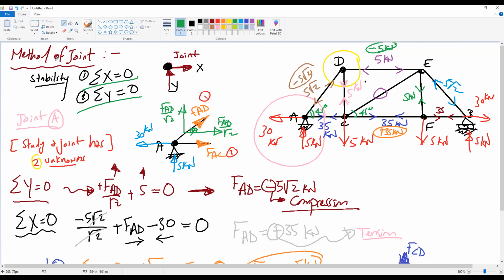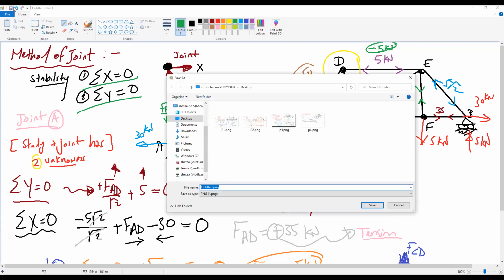Some trusses you can use method of joint to solve all the truss. Some trusses you need to do method of section in combination with method of joint. So it's up to you to use whatever of them, doesn't matter. But at the end, you need to find the forces as required. Okay. So now we finish this truss example,